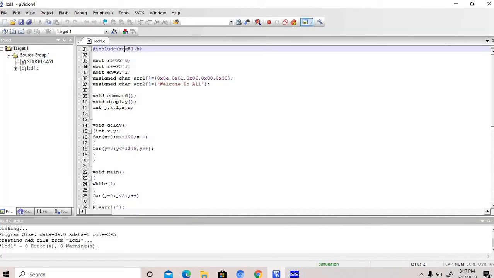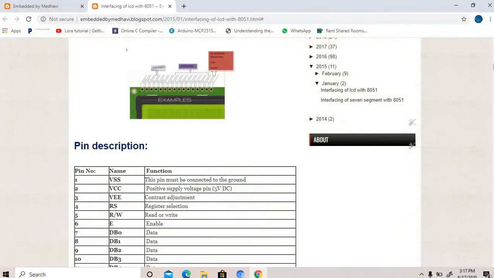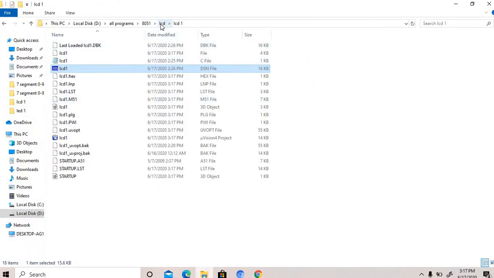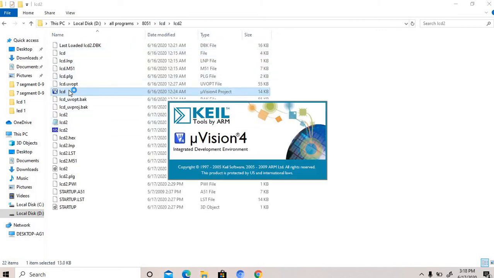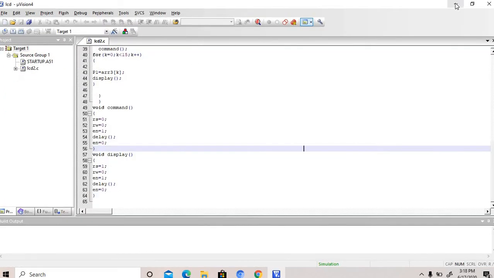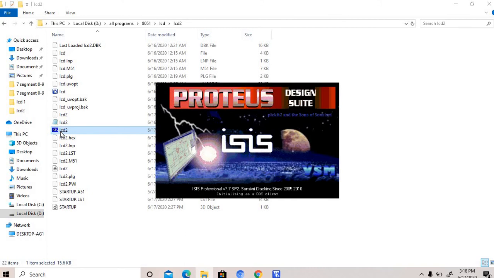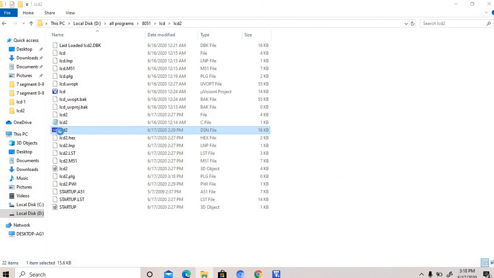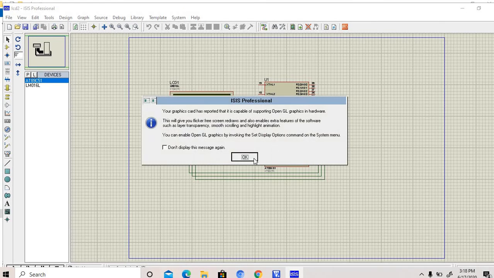Okay. Suppose you have to write your code on the second line, then write a code for the second line. Enter the code for the second line. Open the project. For the second line, you have to write a code on both lines. This is the code, and this is Proteus. Proteus is the same because the LCD is the same for both, for first line, second line or fourth line, anything. This is for Proteus.